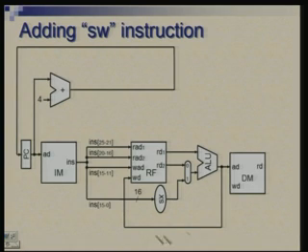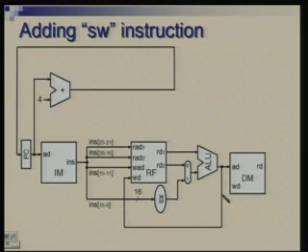In this diagram, where will the data come from, which will have to be connected to this WD? Yeah, RD2, because it is the RT, the third field which actually specifies which register has to be written. So, that is already happening here, and that output is available here. So, we simply need to connect this to this. Okay. So, now there are complete arrangements for performing the store word instruction, and now we can move to the load word instruction.